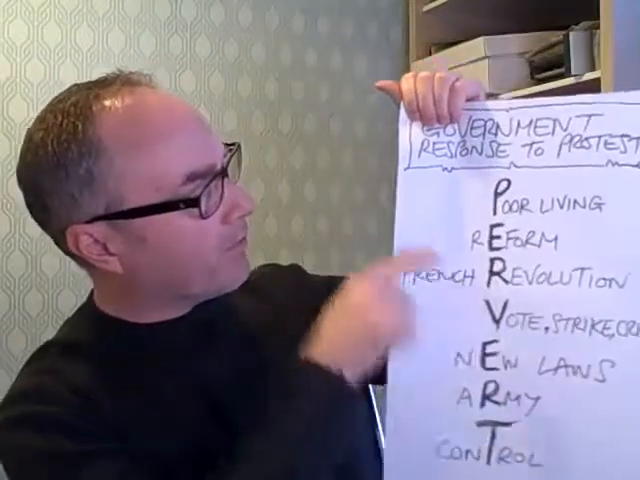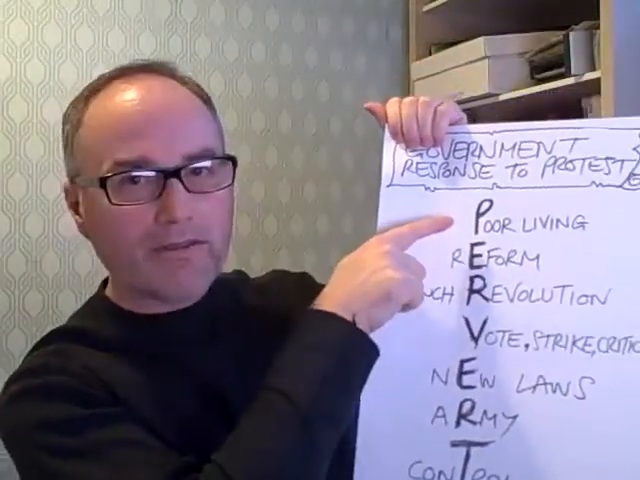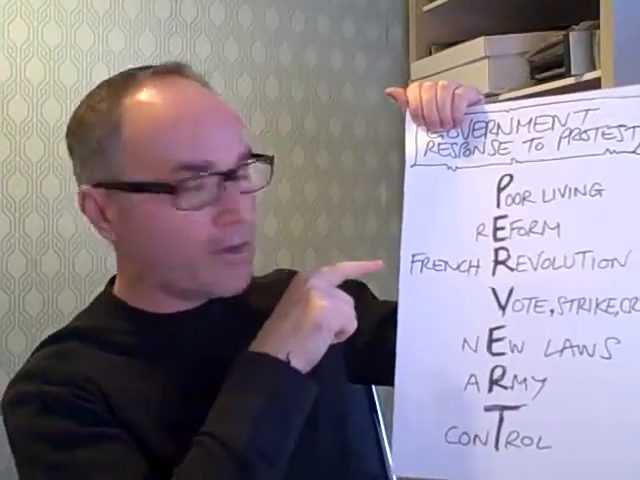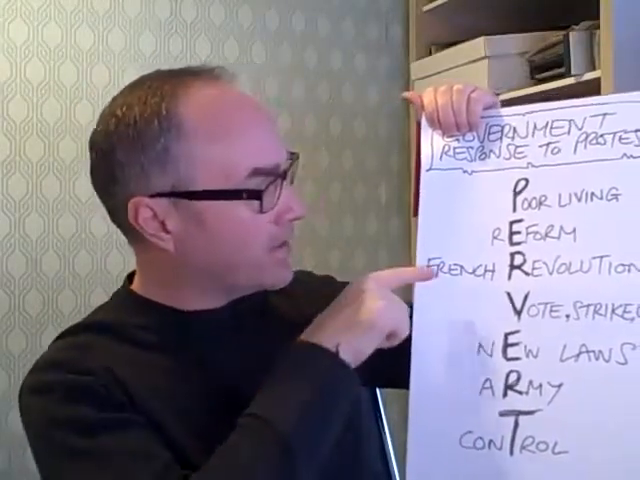Okay, how can we remember all of this? We did a little mnemonic in class and revision, if you remember. Government response to protest: what do we need to remember? That for the vast majority of people, they had poor living, working and social conditions. They wanted reform. The authorities, on the other hand, had seen what had happened in